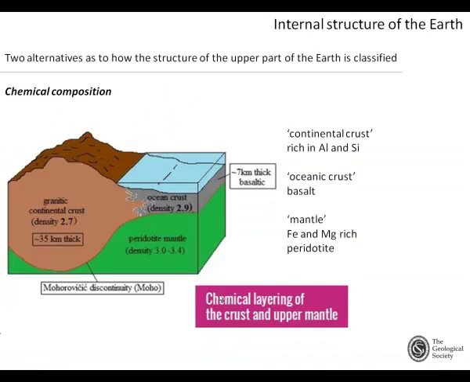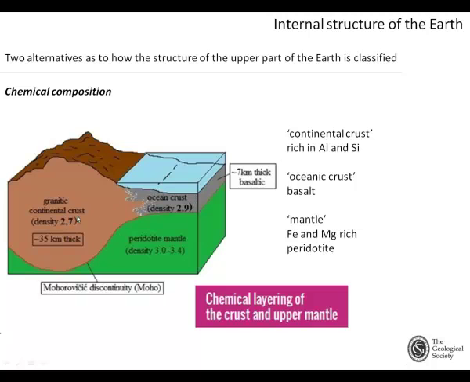I need to make you aware that there are two alternatives as to how we describe the upper part of the surface of the Earth. If we are using a chemical classification, basing it on the composition of the rocks, then we can make a threefold distinction between the mantle, which is iron and magnesium rich lithologies. One of the key lithologies in the upper part of the mantle is peridotite. And then we have above that a granitic continental crust making up the continental cores, and then the ocean crust